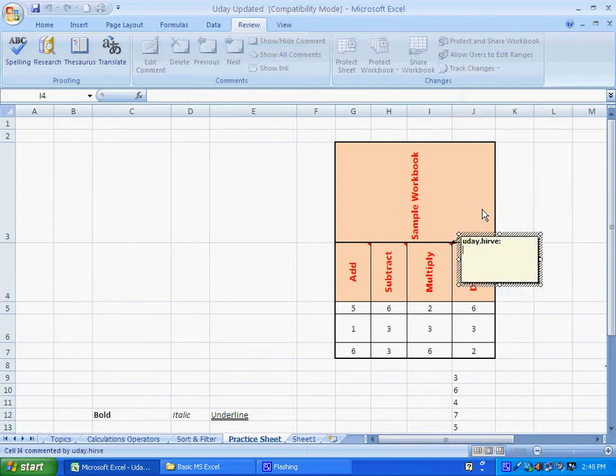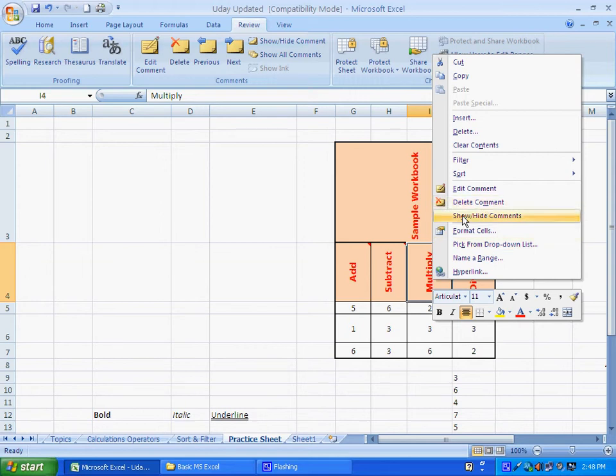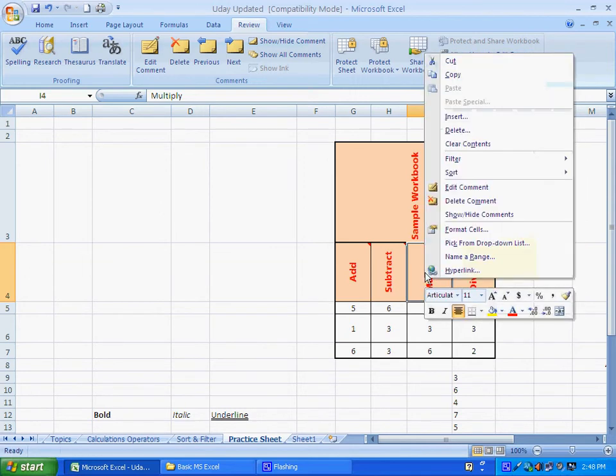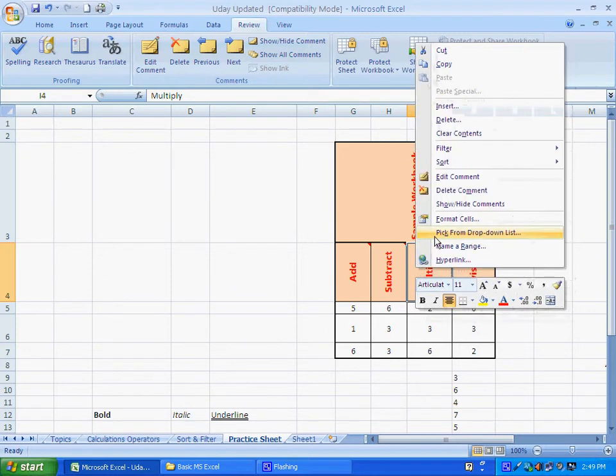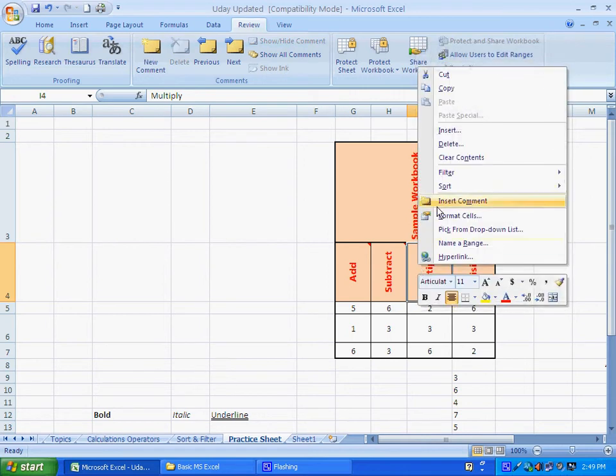Now I'm going to a particular cell, right click, and insert comment.